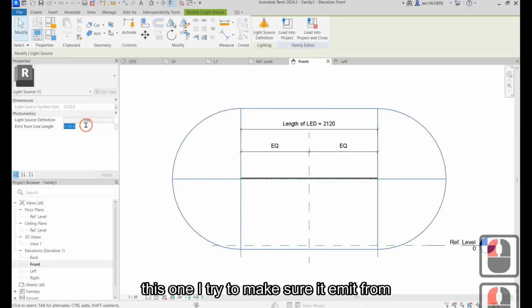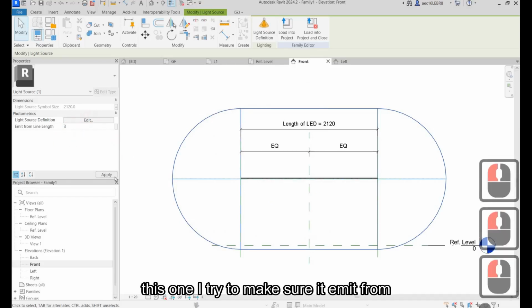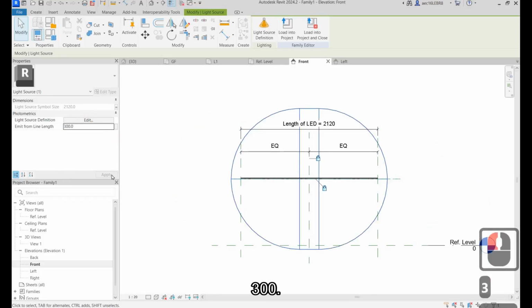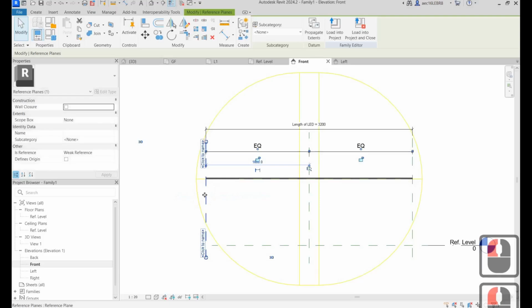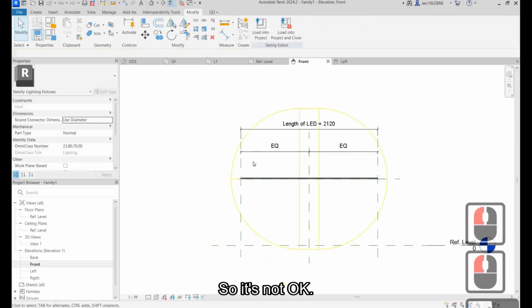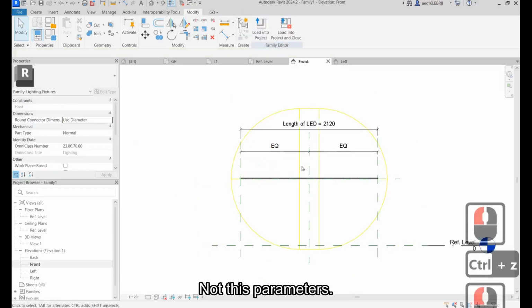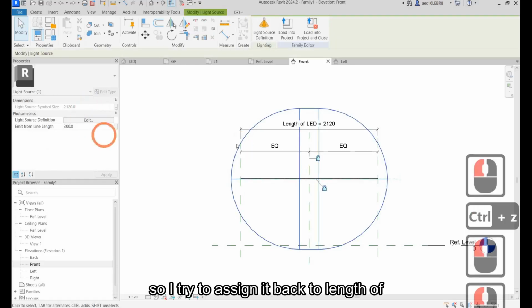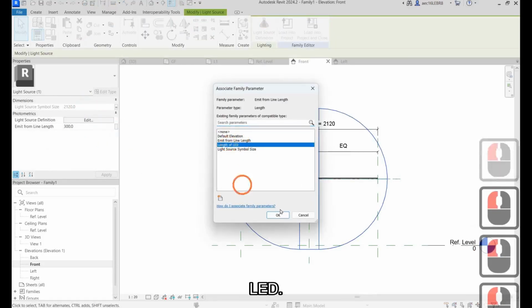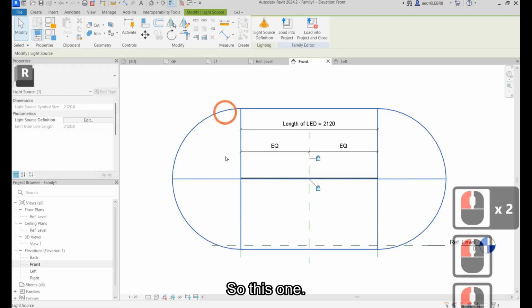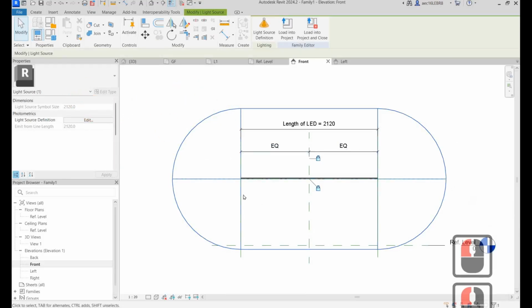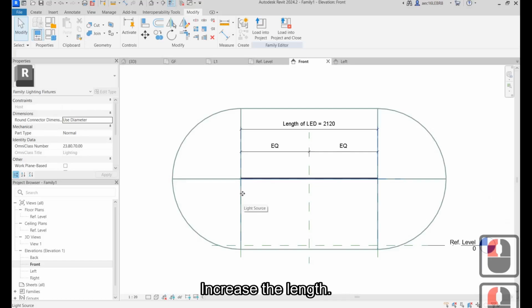Okay, this one I try to make sure it emits from 300. So it's not okay, not these parameters. So I try to assign it back to length of LED, and increase the length.